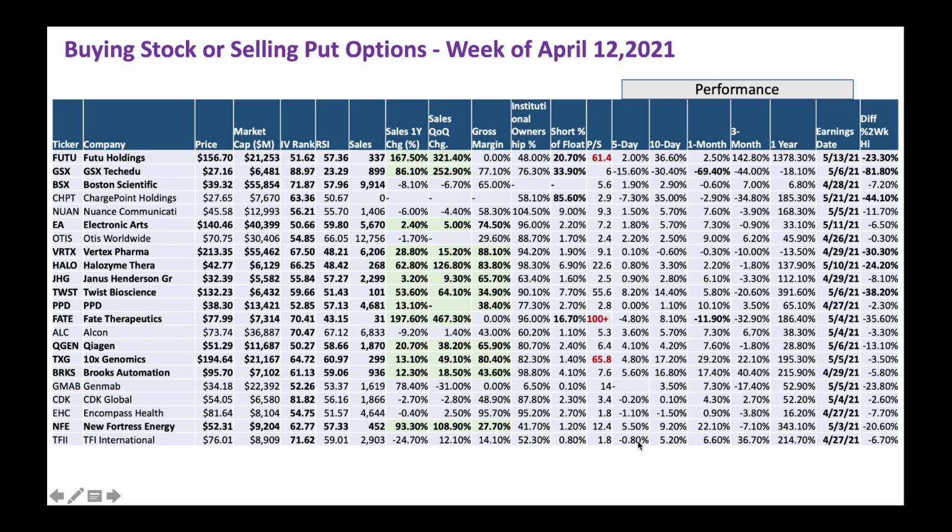But normally, I pay close attention to 5-day, 10-day, 1 month, and see how much it's off of 52-week high. In addition to technicals like IV rank, RSI, fundamentals like sales growth or revenue growth. So with that, let's jump into a couple of stocks and see if it's a good time to sell put options on these stocks and take it from there.